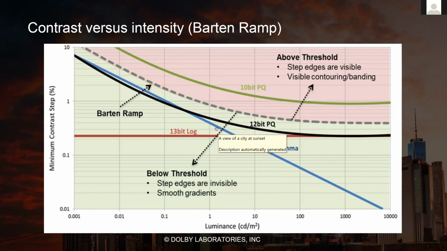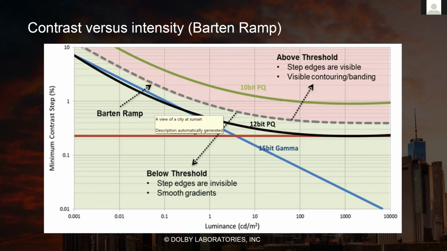But anyway, back to quantization, bits and banding. This dashed line is key. If you think about how Dolby came up with the PQ function, they investigated the contrast difference. They had, let's say, 16-bit float HDR. They wanted to digitize that, and they did some math and calculation to see how many bits give a very good curve, or very good visibility, that stays under the dashed line compared to the Barten ramp. And then they came up with this: if we use 12 bits and the PQ function as a transfer function,